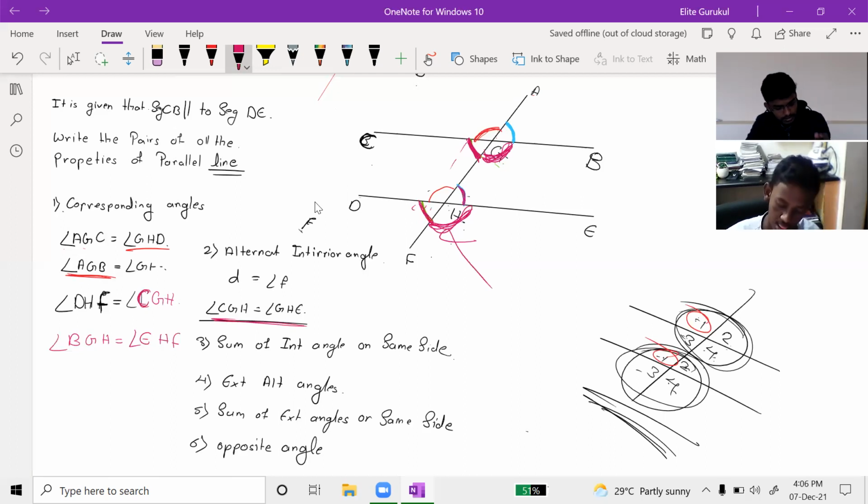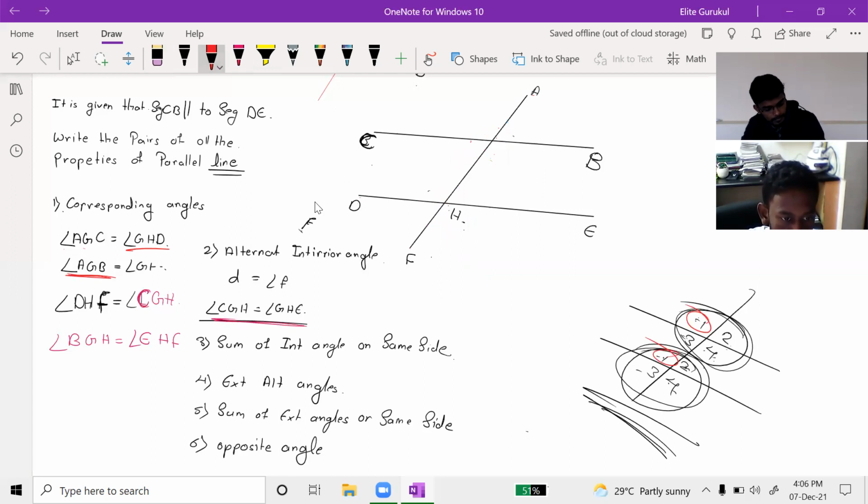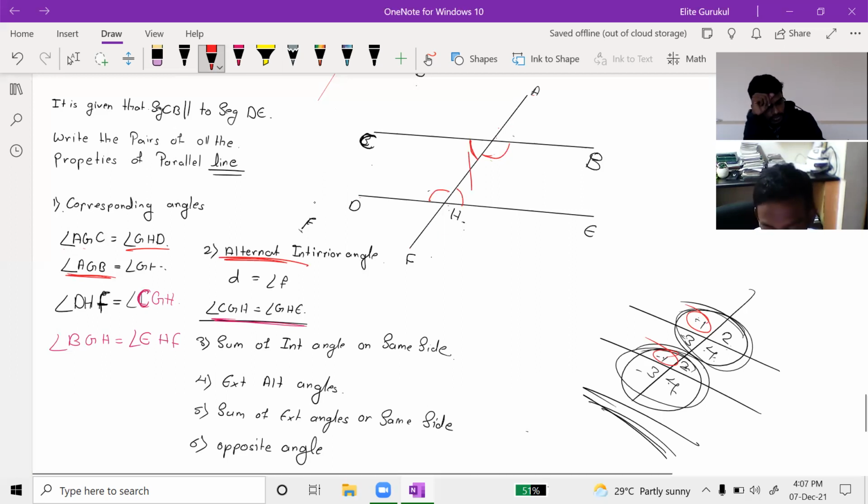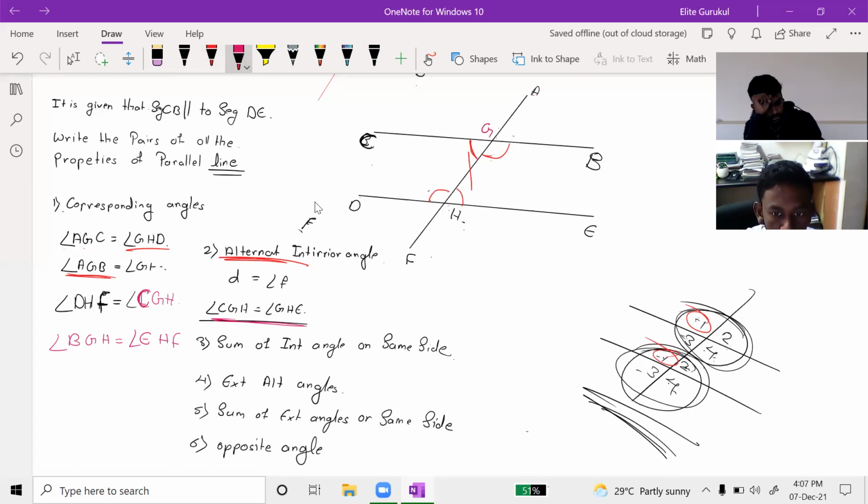Look at this. See, you are getting confused. Listen now carefully. Alternate angles, alternate interior angles, they have asked. So interior angles means this 1, 2, 3, and 4, right? Yes, sir. Alternate, they have asked. Alternate means opposite. This angle will be equal to this angle. Now tell me the name of these angles.